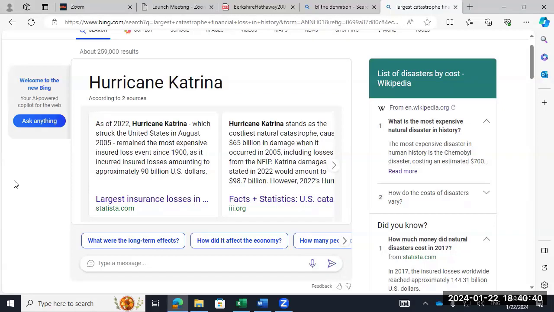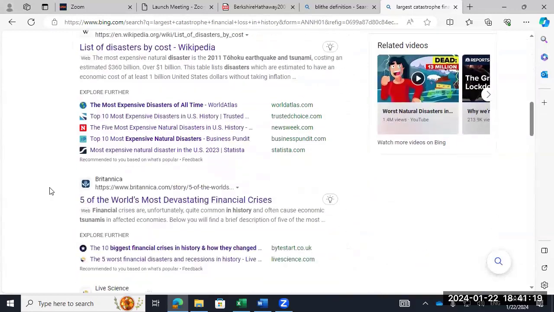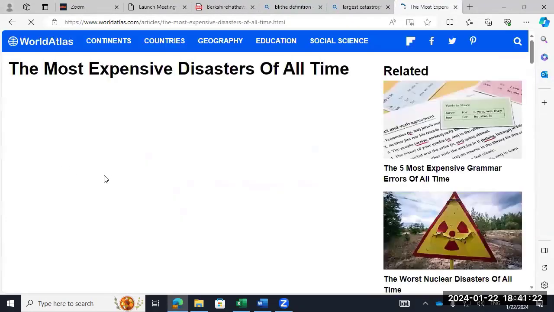I actually think Indonesia was probably the largest loss in terms of human loss. I don't know if you remember that tsunami, hundreds of thousands, really, really tragic loss. And Indonesia is nothing but islands. I forget how many islands there are. It's just an amazing country, thousands of islands. So a tsunami, huge impact. So are you talking in dollars? Are you talking human life? I think the largest loss of human life in the United States is still Galveston Island. I think that was a few thousand people. So the United States does not have a major loss as far as hundreds of thousands, just a few thousand, and that was over a century ago. So there are different ways of defining it. Here's the World Atlas. Maybe they will tell us.